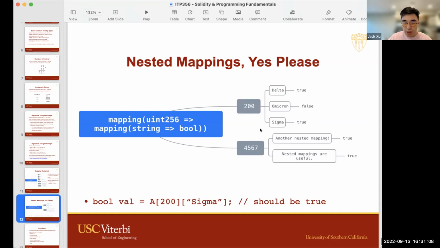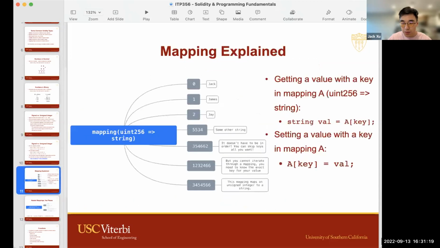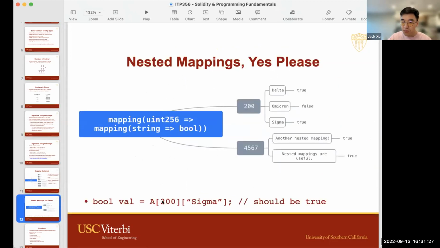So the way to access a value, the value will always be the one that's on the right side, okay? Over here we only have 1 pair of square brackets, so that's just 1 level. Now we have 2 levels, so we have 2 pairs of square brackets.